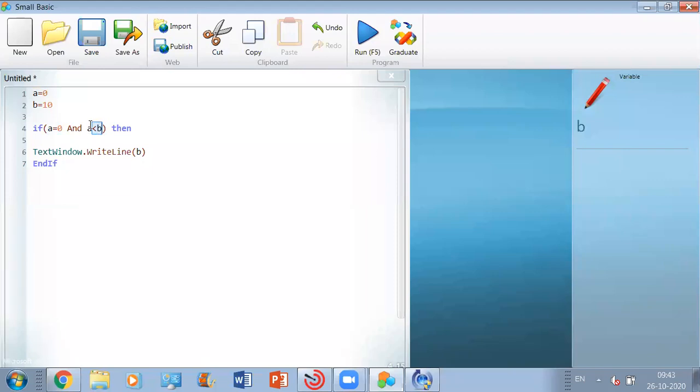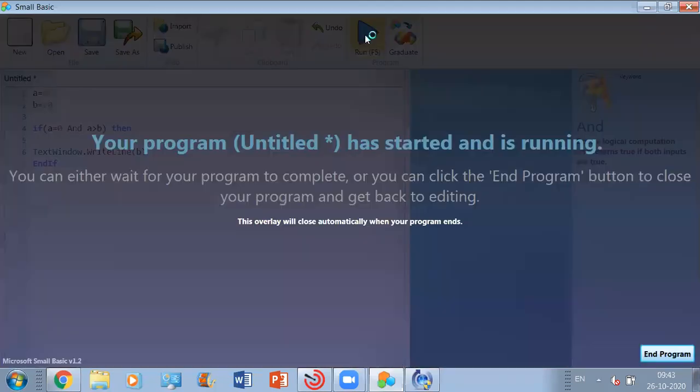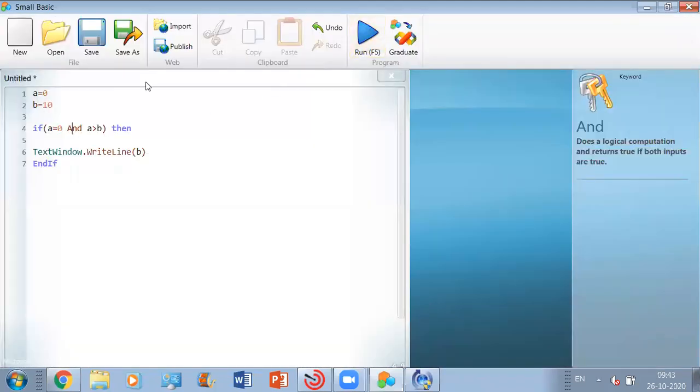Am I right? Now let's do one thing. Let's make one of the two conditions false. So right now, this one is false and this is true. Let's check whether we will be able to get the output or not. Did we get the output? No, sir, the text window didn't show. Why? Just because this condition is false.